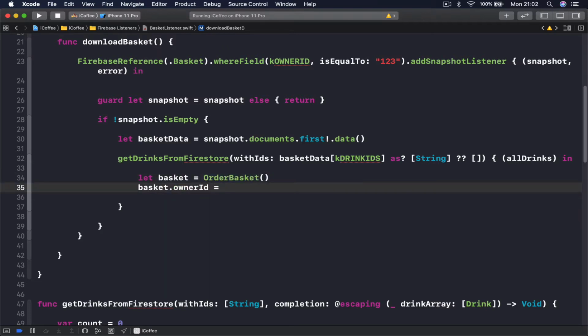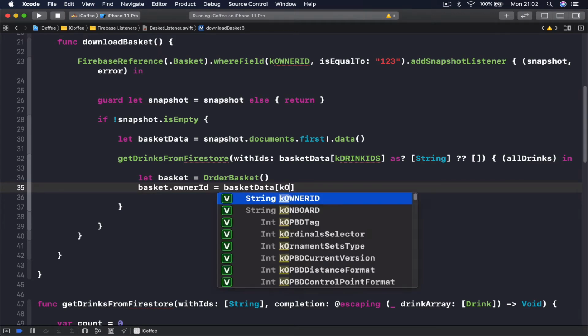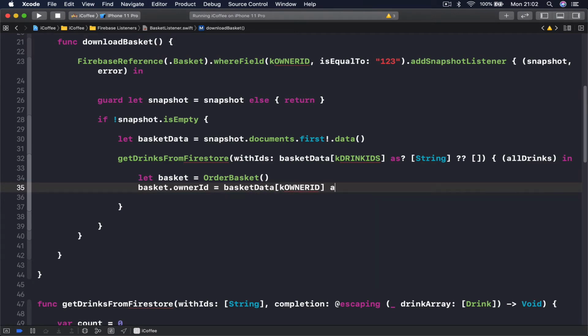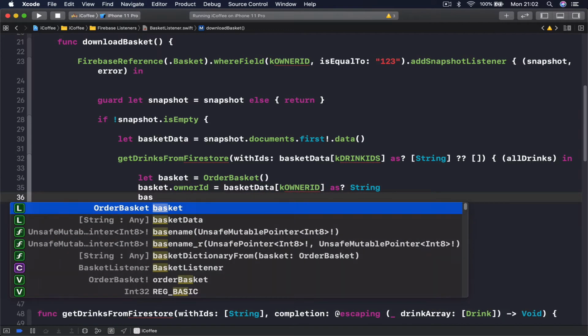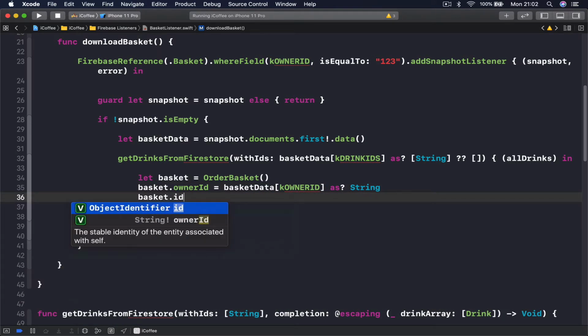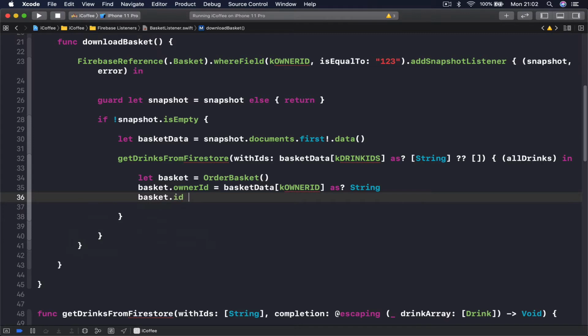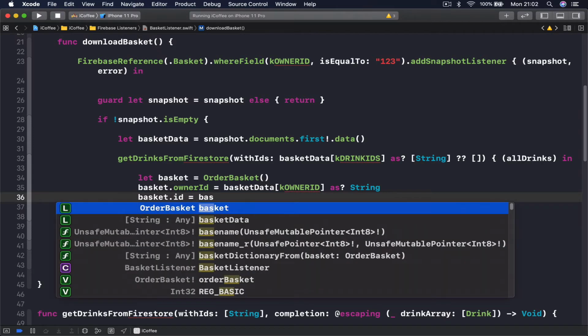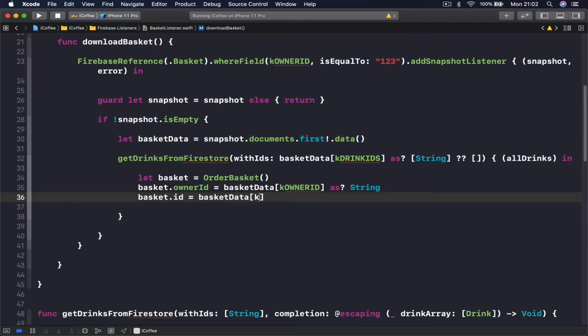Owner ID is equals, and then we get the basket data. Say k owner ID as string, and then we say basket ID is equals to, and then we ask our basket data KID